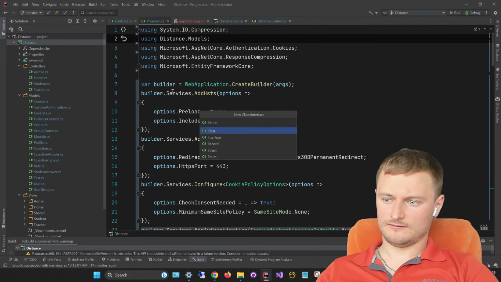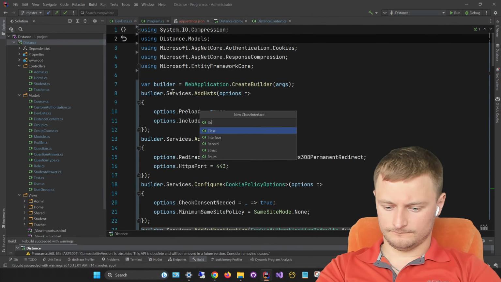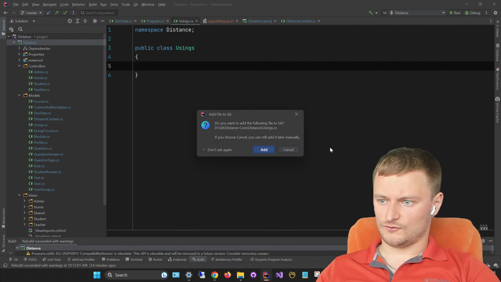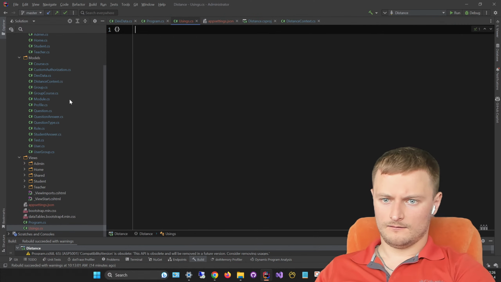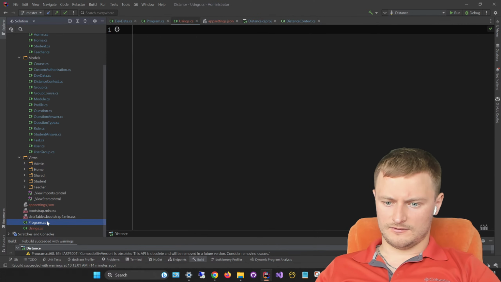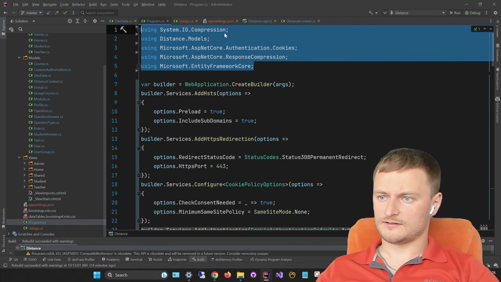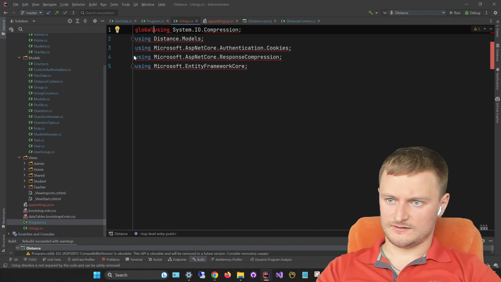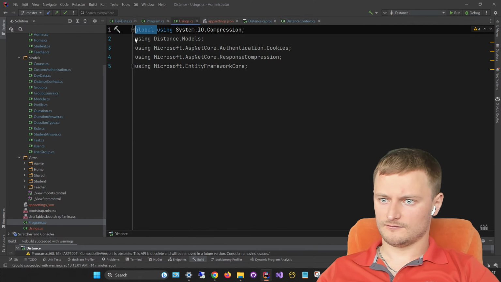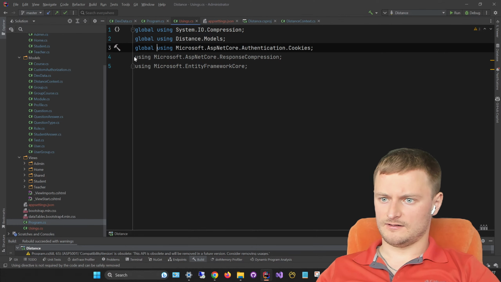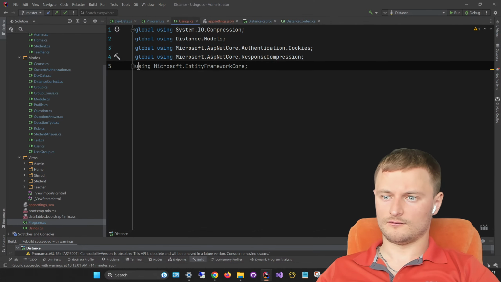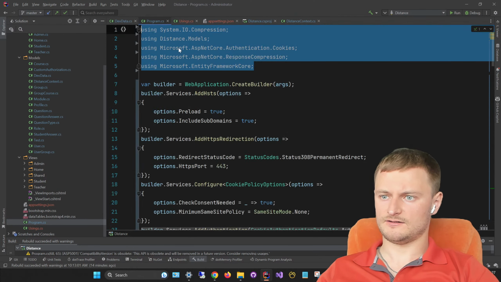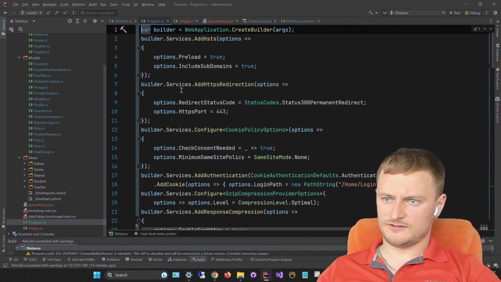So let's create a global usings file here, and bring the directives from here to here, and let's use the global keyword. So the keyword global will apply to all these directives, and we can easily omit them